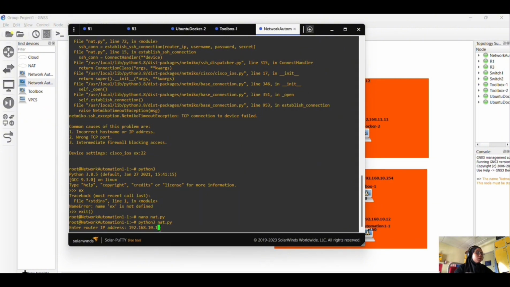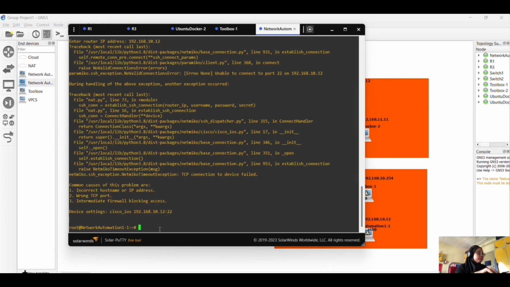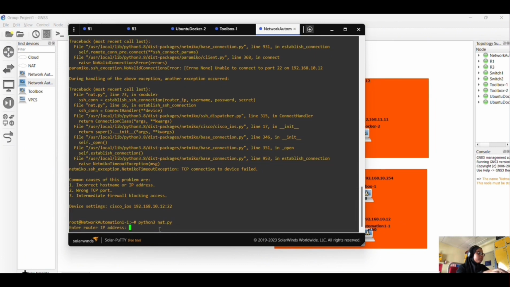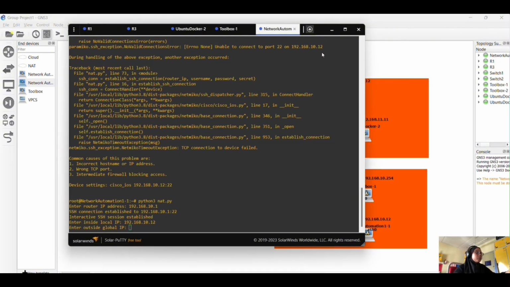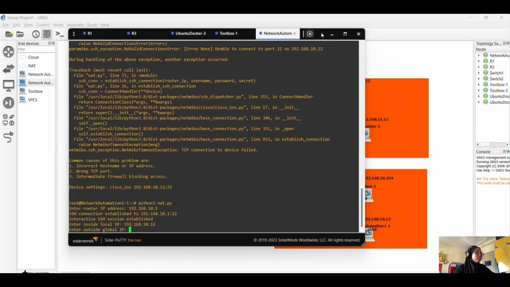Incorrect, sorry. 192.168.1. So as you can see, the SSH connection has been established. So I will be putting the inside local IP, maybe 192.168.10.12. And then the outside global IP, maybe I will be putting